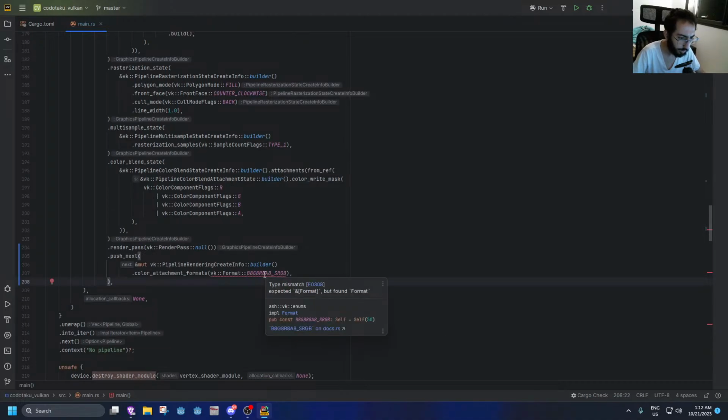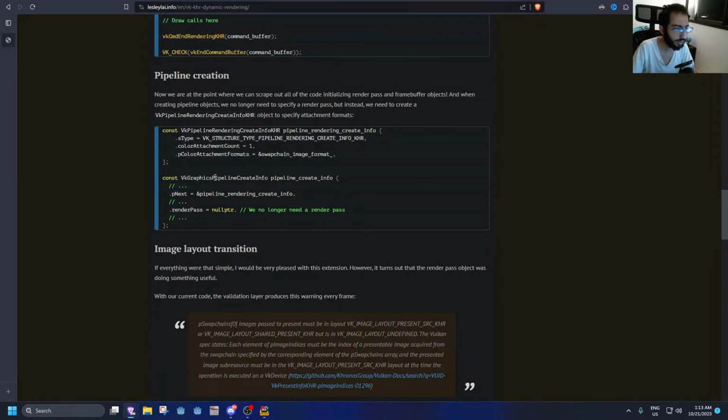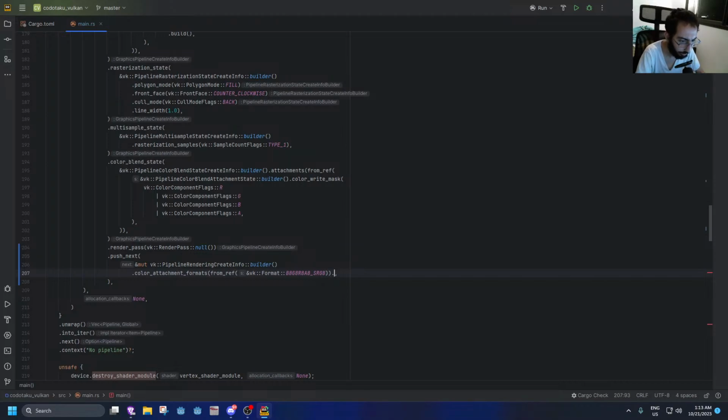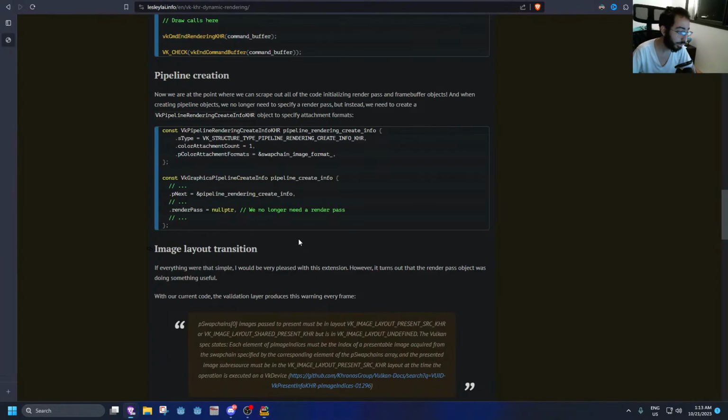okay, cool. What's happening here? Format, but found... Oh yeah, let's use from_ref because this is expecting a slice, but I only want to give it one item, and this should be a reference, of course. So we're basically creating a one-element slice from a reference. Okay, cool. What else? So we gave it the color attachment formats, and I think that's pretty much it. What else could we give it, by the way? Just to see: color attachment formats, depth, yeah, pretty much. And there's a view mask. I'm not sure what that is. We could check it out later on. Anyway, that's pretty much it for the pipeline,